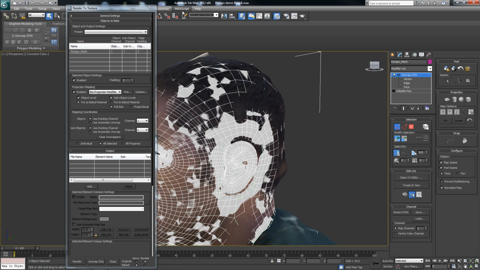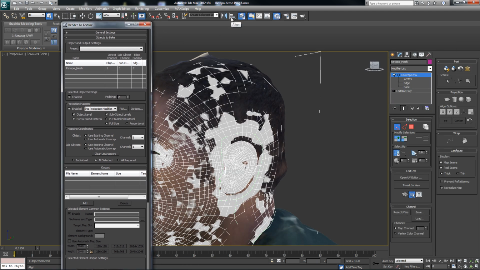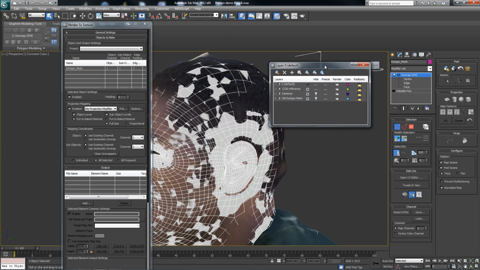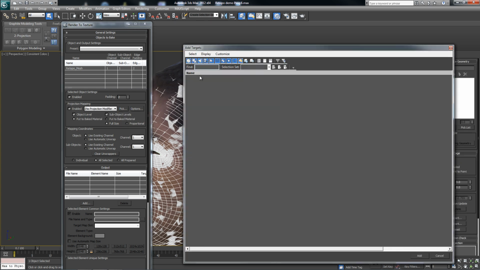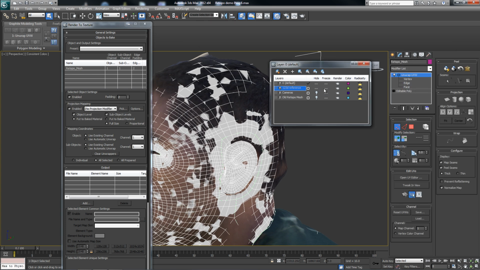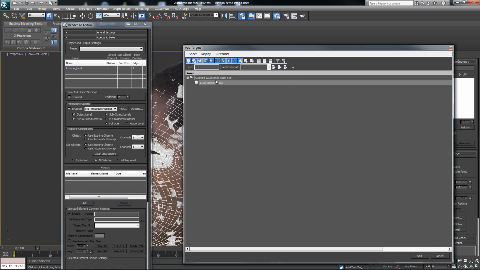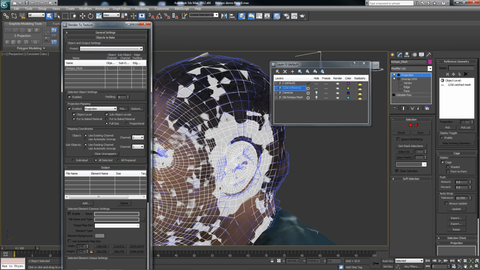If you had, let's say, a layer set up, so let's grab my layers. If we had something like this and it was frozen, when you do the pick, you're not going to have anything visible. So just make sure that freeze is unchecked, and we'll go ahead and hit pick the mesh. And the second we do this,